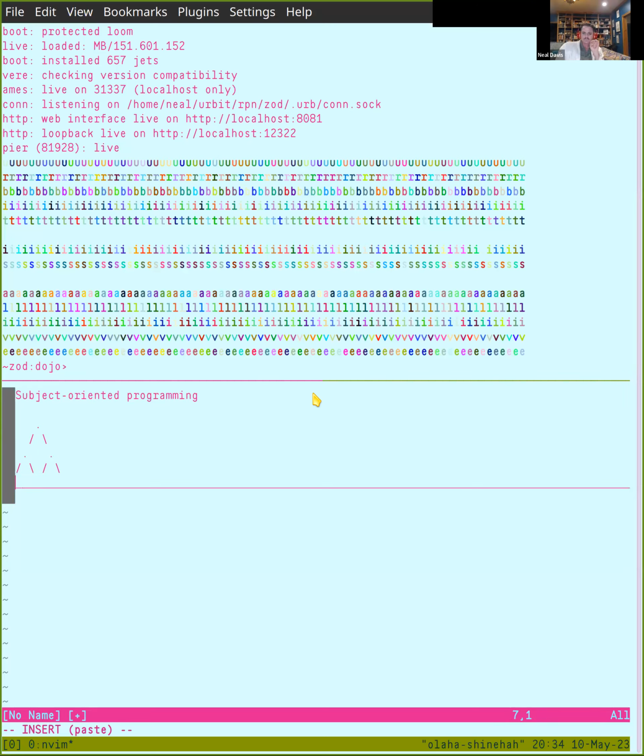And what we have is a system where every part of Arvo, which is the main event handler, is actually accessible to you and visible to you, and you're able to interact with it and work with it to build certain